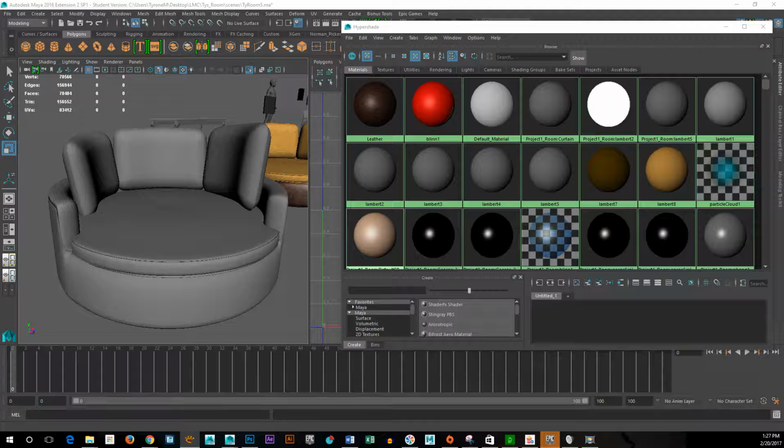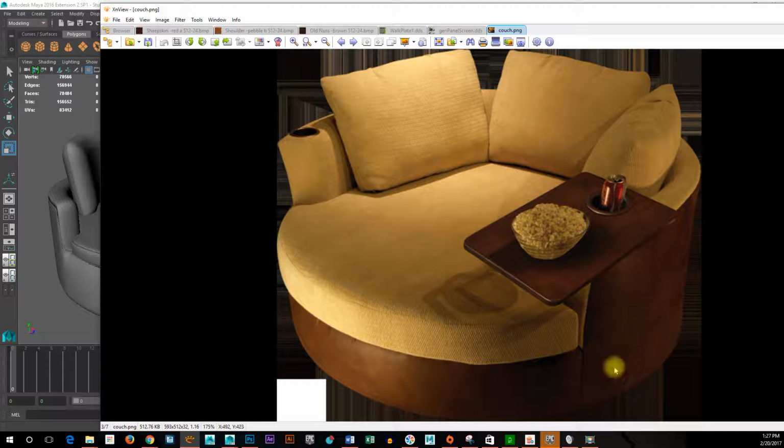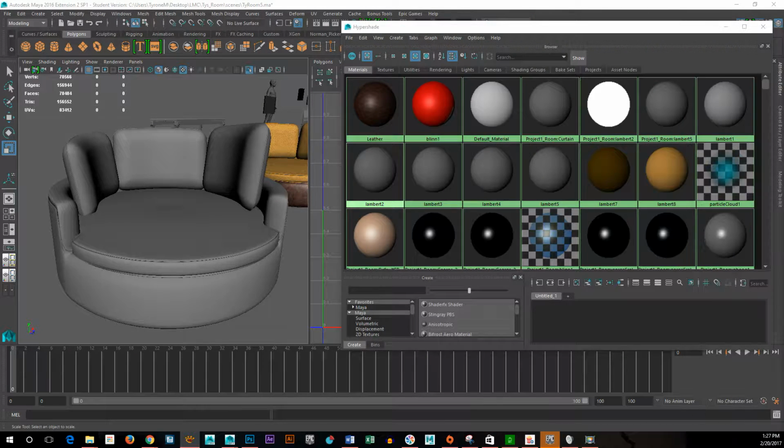And that reference, just to go off of, was this. So you can see how it has the fabric on the inside. I left out these guys. It has the pillows and then the leather going around it. So this is my inspiration for that. I'm not doing an exact model, but I'm doing one inspired by it that comes relatively close to it, and that's the whole idea. So to separate that,